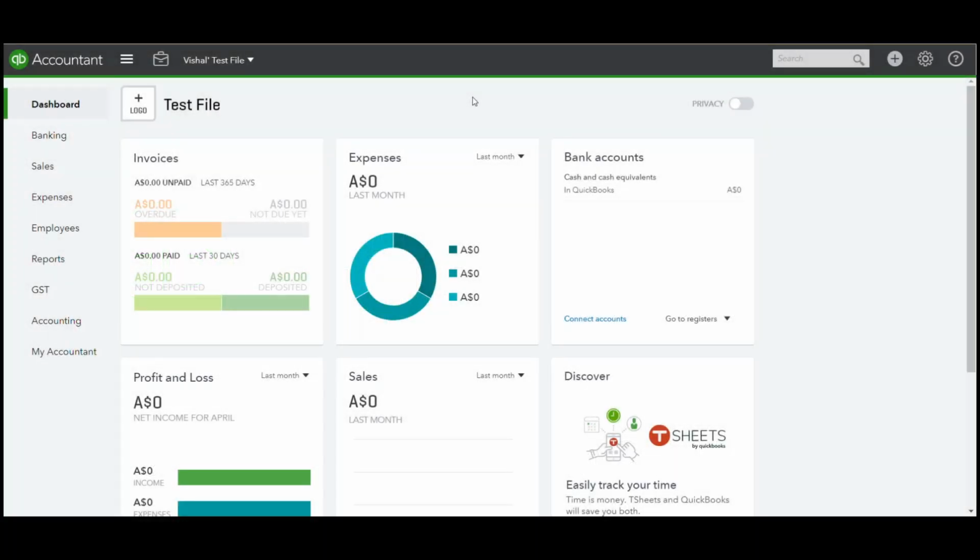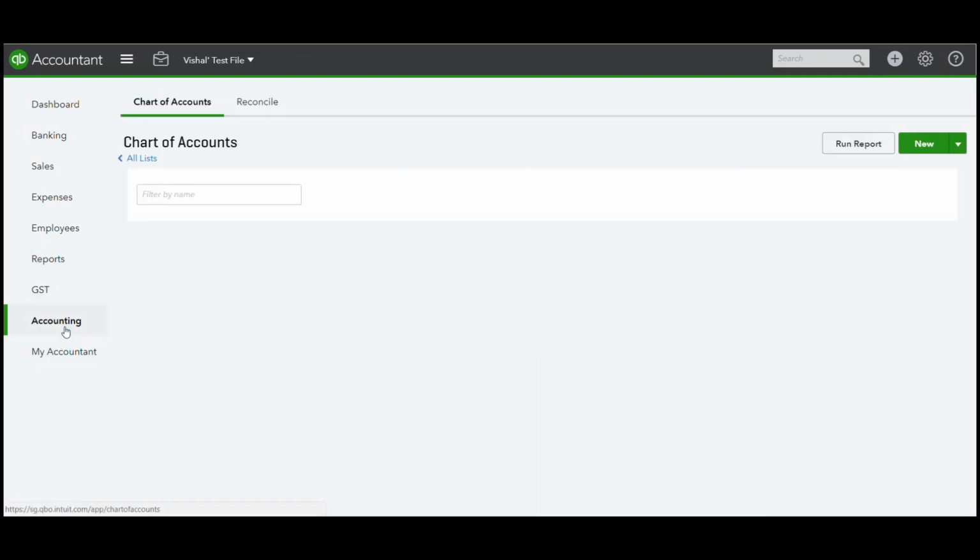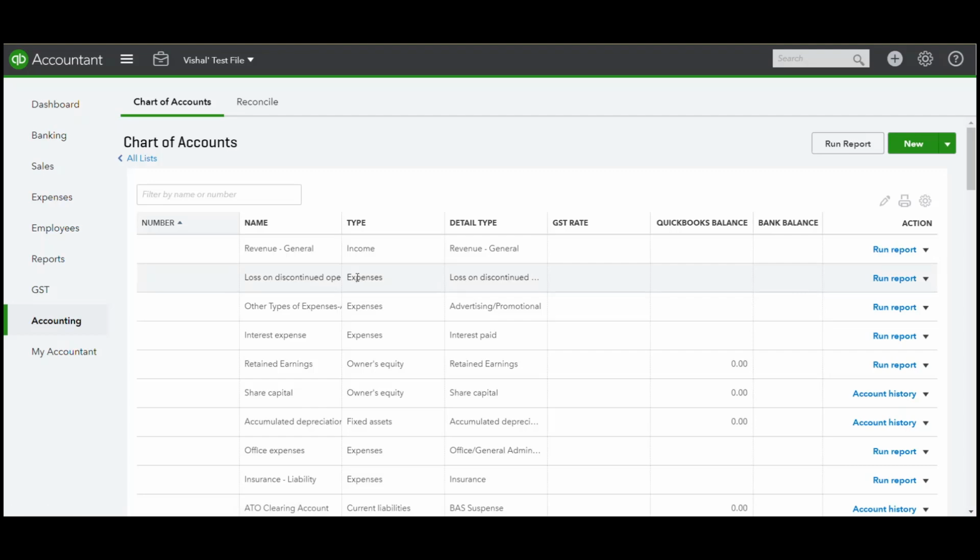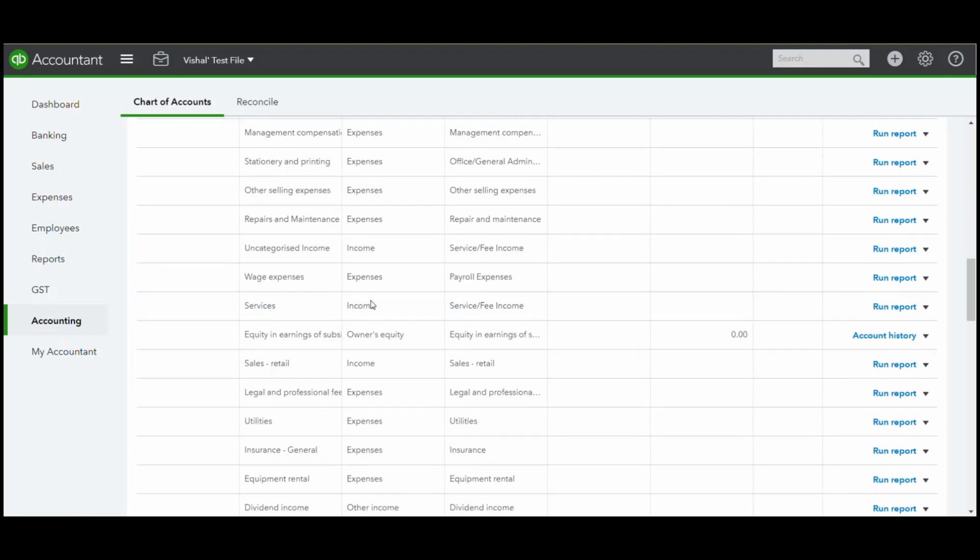This video demonstrates how to set up a chart of accounts in QuickBooks Online. There are two options to set up a chart of accounts in QuickBooks Online. The first option is to use the standard chart of accounts that is already set up when you purchase a